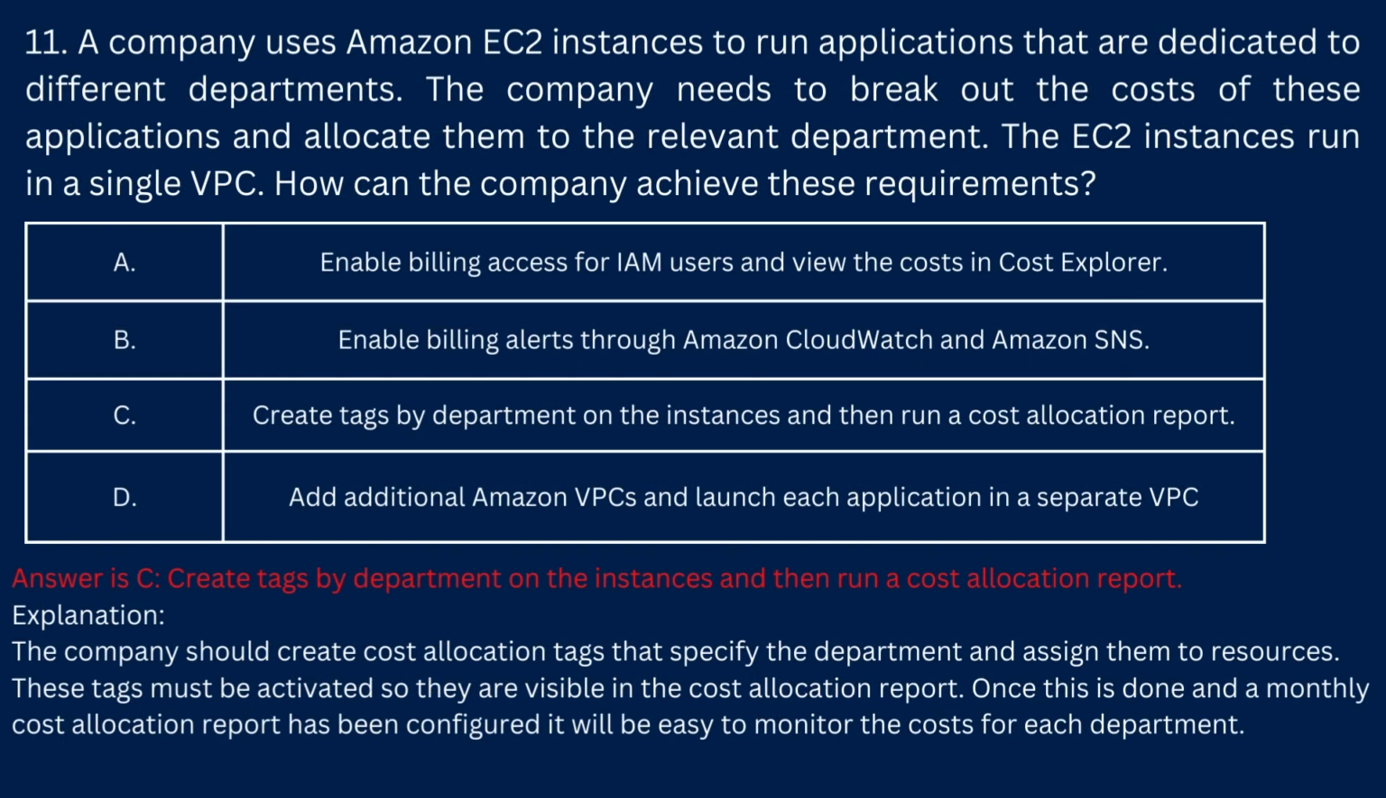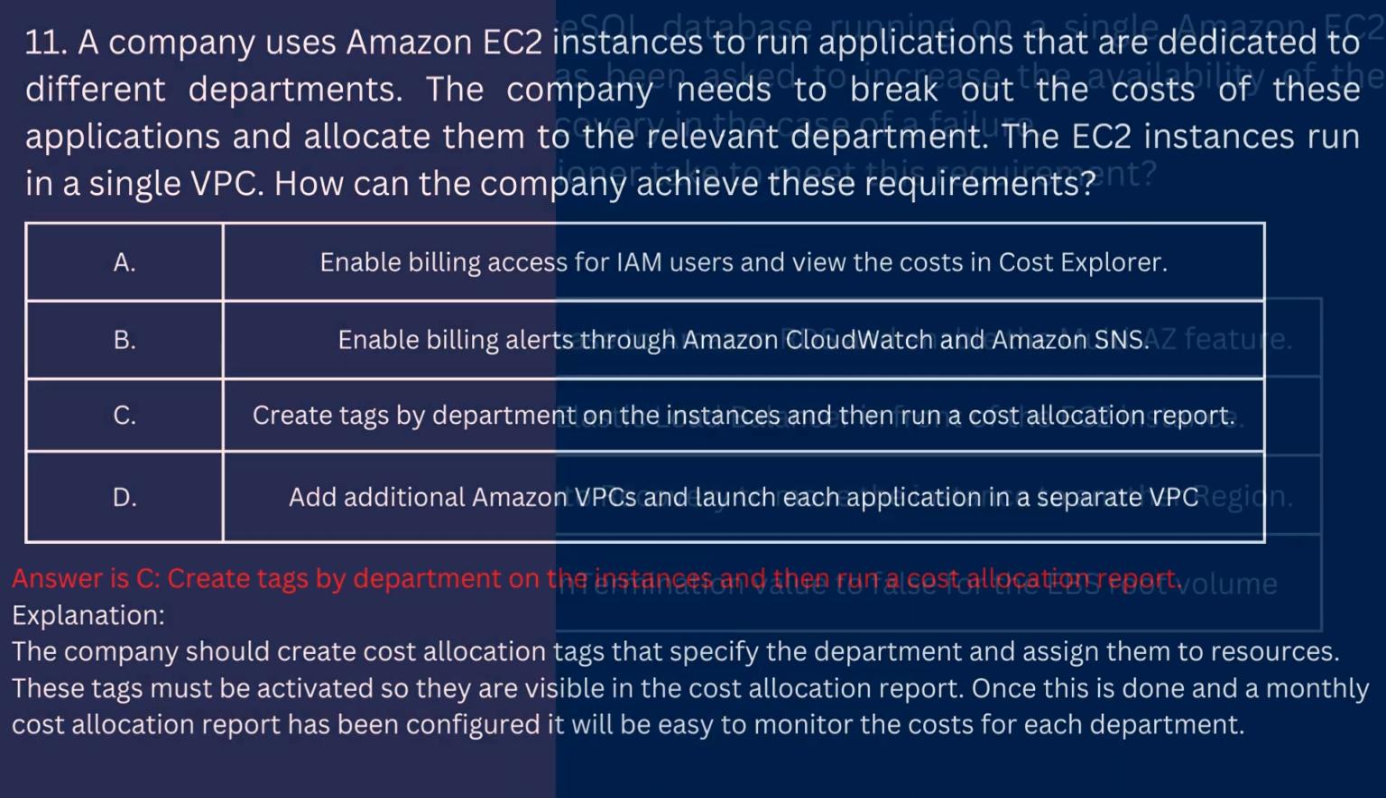The correct answer is C. Create tags by department on the instances and then run a cost allocation report is the correct answer. Explanation. The company should create cost allocation tags that specify the department and assign them to resources. These tags must be activated so they are visible in the cost allocation report. Once this is done and a monthly cost allocation report has been configured, it will be easy to monitor the